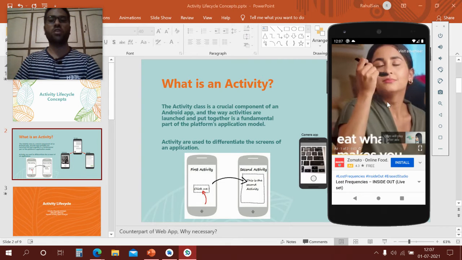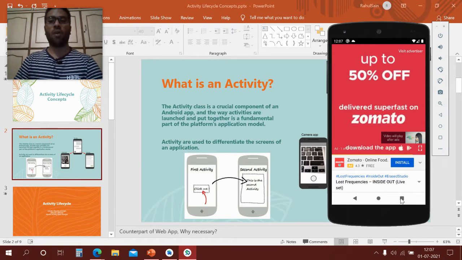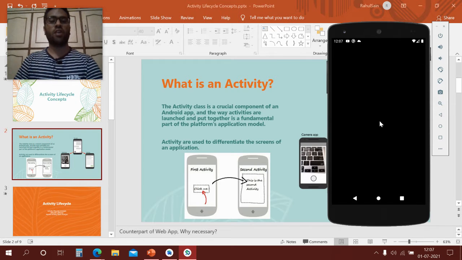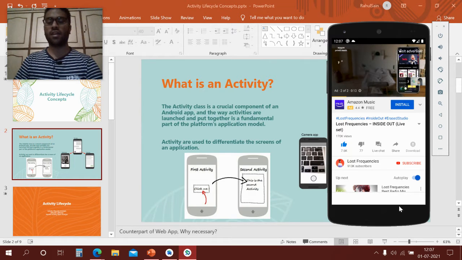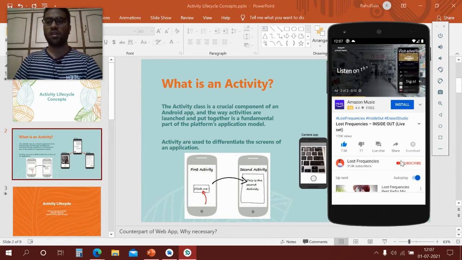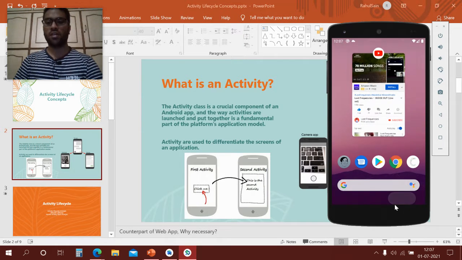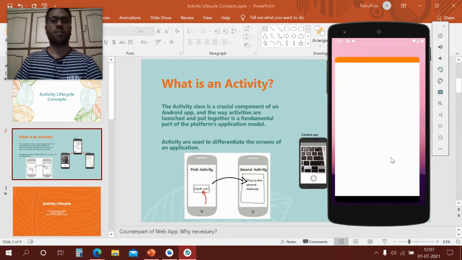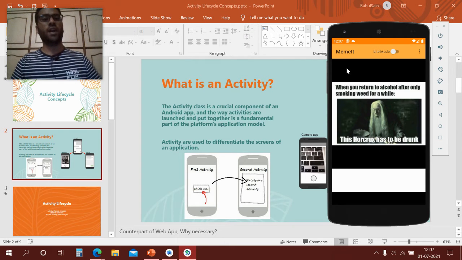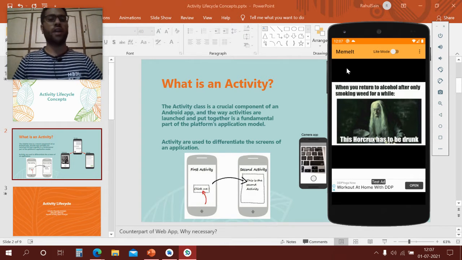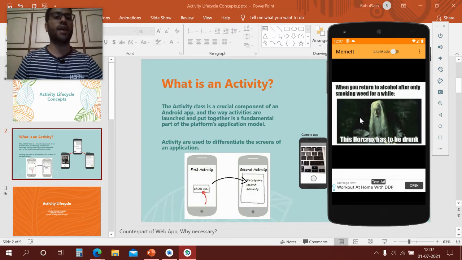So if we pop out, if we are not in this activity, or if we are just using, let's say, this app, we don't want our YouTube to play that background video and to use our data. So basically, activities have some life cycle callbacks to handle those operations.